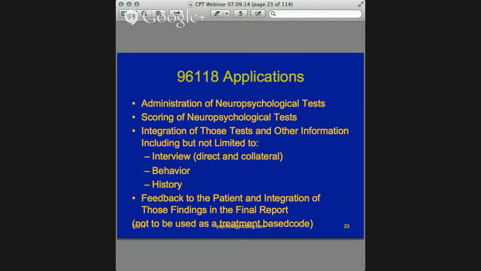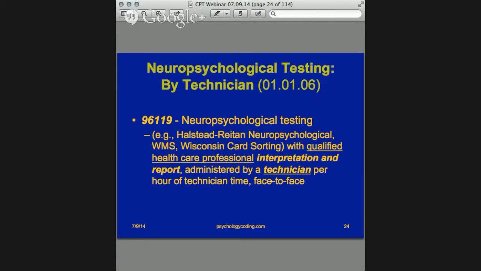I apologize, I didn't say this under 101, but the 101 and 118 are intended to capture for the professional, one more time, the administration, the scoring, the interpretation, integration, and feedback. The 101 and 118 are intended for both of those activities. Now, again, if you have someone else do the testing, in this case the technician, one more time,